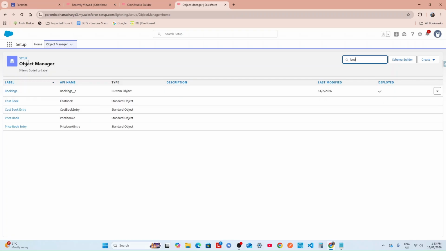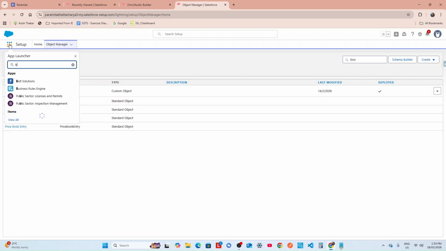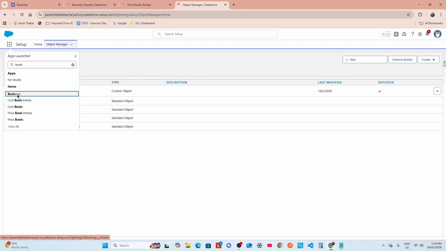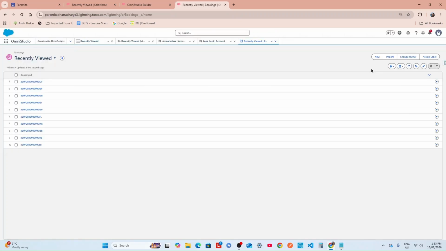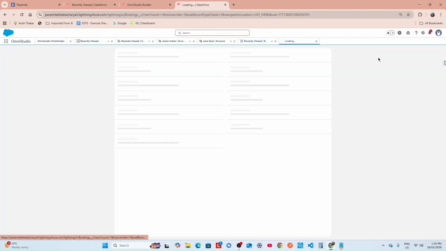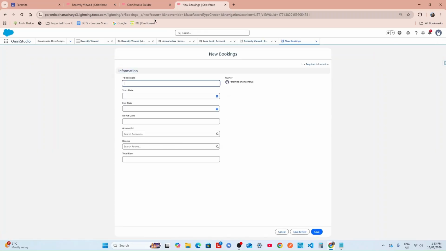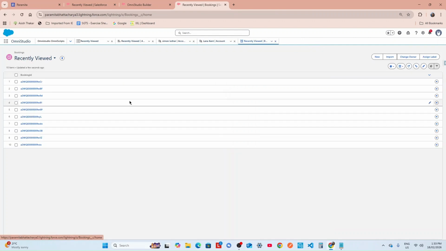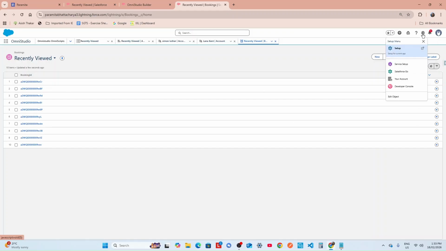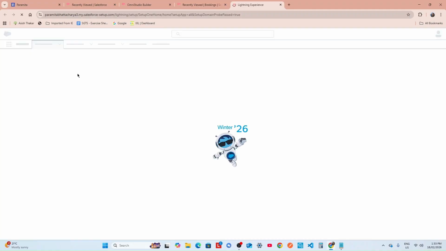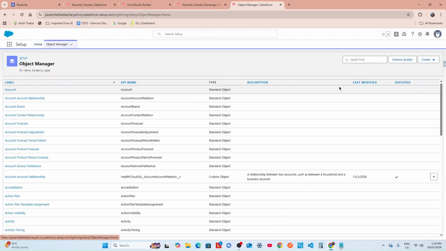In the booking object, I'll just show you. Right now when we reach here, there is a new button to create the new booking. But we don't want this. What we want is to create a new button here, like rent a room, and we'll take off this new button. So to do this, we'll go to setup, object manager, bookings,